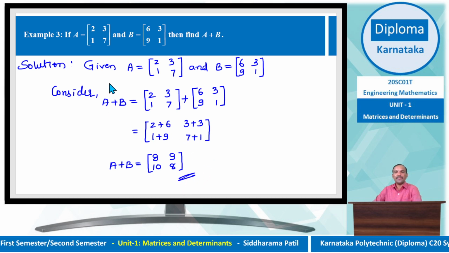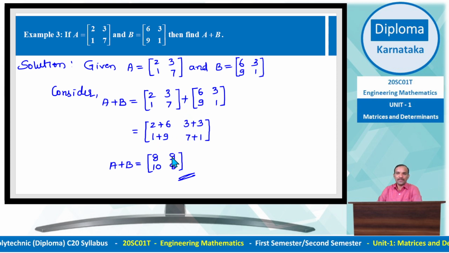In the given A and B, what you have to find out? A plus B, that is A matrix 2, 3, 1, 7 plus B 6, 3, 9, 1. Next add the corresponding elements: 2 plus 6, 3 plus 3, 1 plus 9, 7 plus 1. 2 plus 6 is 8, 3 plus 3, sorry, actually it is 3 plus 3 is 6, 1 plus 9 is 10,